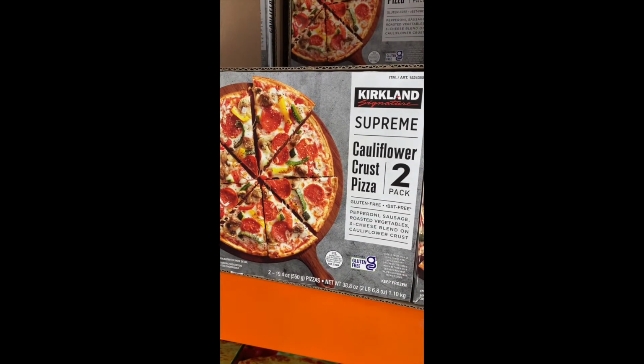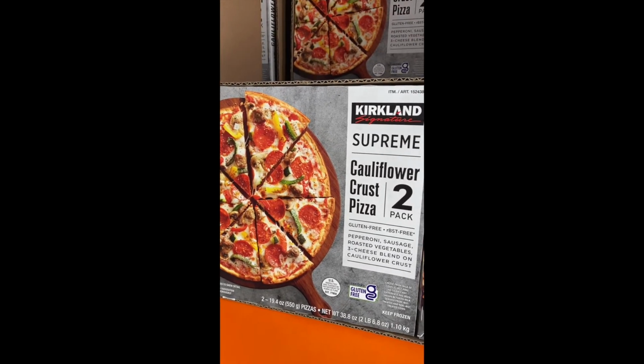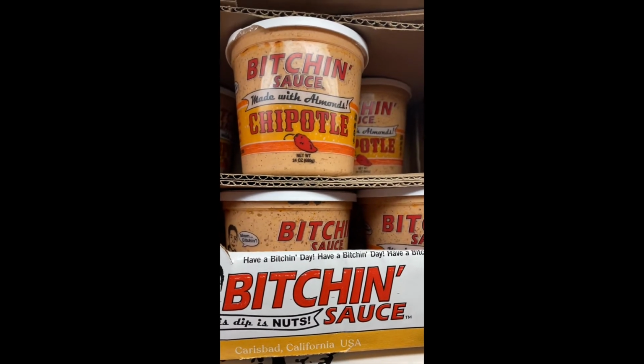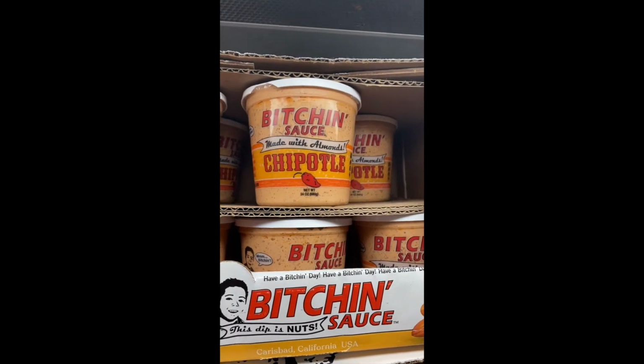So cauliflower crust pizza, a 2-pack. Let's just see how it is in carbs. So you like having hummus, but you don't want to do it because chickpeas is high in that. Now,